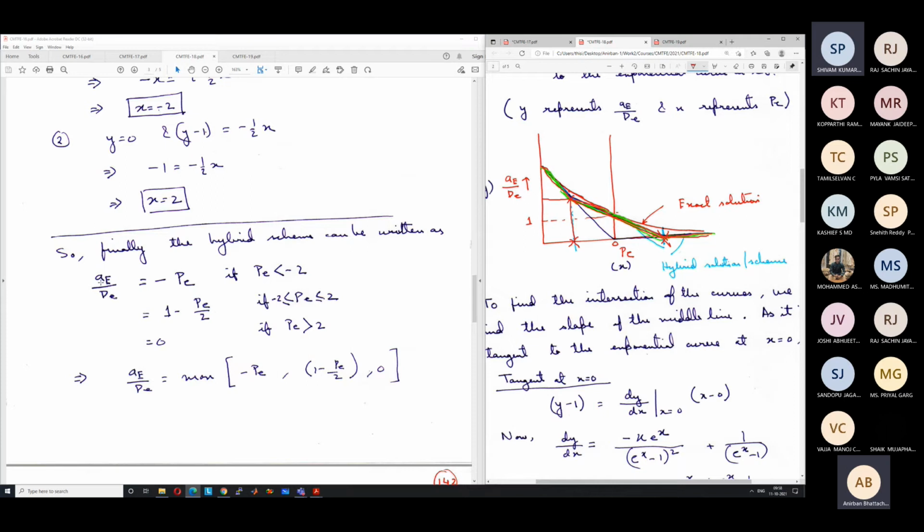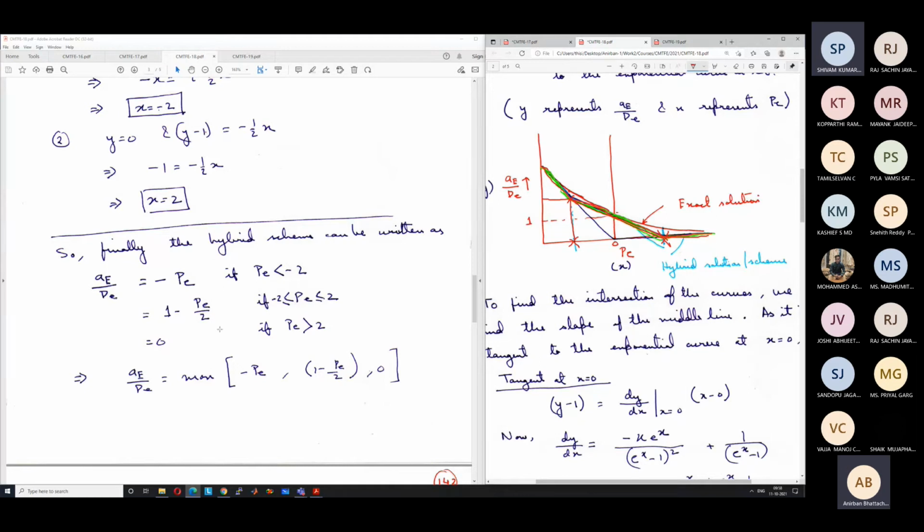For a very large negative value of P, the flow is coming from the right to the left. So E should have a dominant influence. So minus P will be a very large number. So it is what we are finding. A should be very large. Okay, and in between we get something like a central difference scheme. We can write this also in a single line in a compact form like this. A by D is equal to max of minus P, 1 minus P by 2 and 0. You can test that this is the same as this condition.